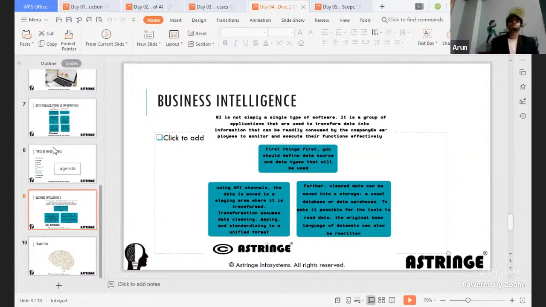Probably we'll touch base upon some of the important aspects in the future. So, if I ask you, can we do the entire business, can we create a model just with a business intelligence tool? The answer is no. If there is a small amount of data, a basic application could be created with business intelligence tools like Power BI or Tableau, but those also need to be trained or educated in such a way that they give proper insights.